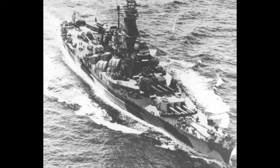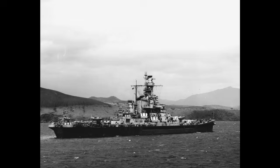The ship was initially assigned to the Atlantic Fleet. However, in common with a lot of American ships, that would be short-lived. The war in the Pacific was drawing more and more resources in, and Indiana would be no exception. The ship was declared combat ready on November 9th, and she was immediately taken out of the Atlantic Fleet and sent off to the Pacific, transiting the Panama Canal on November 13th before sailing on to Tonga on November 28,